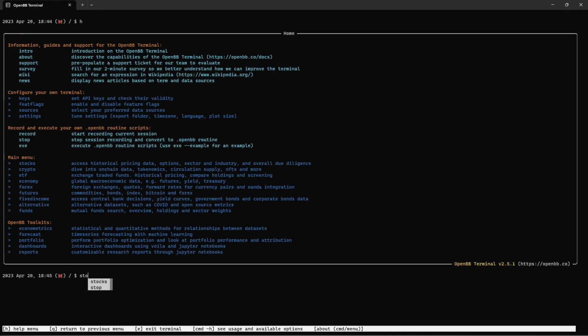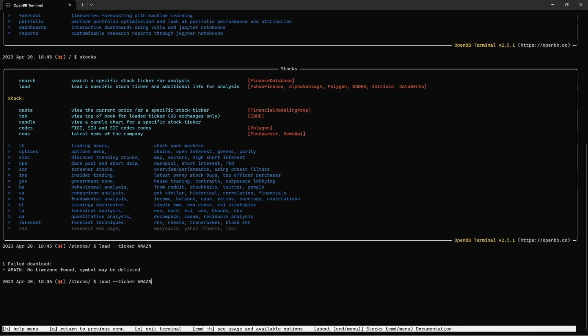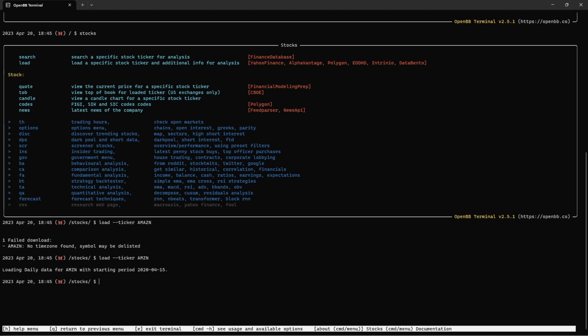Next point, we are going to look at some stocks. So you basically just do the same thing. For me, I loaded up the Amazon stock, so we just gotta type in load, then the ticker, and then Amazon. Now, as you can see, it stands right there that we are going to load up the Amazon data,